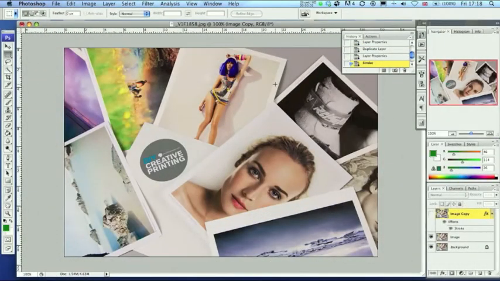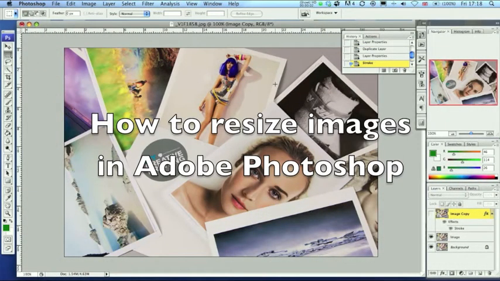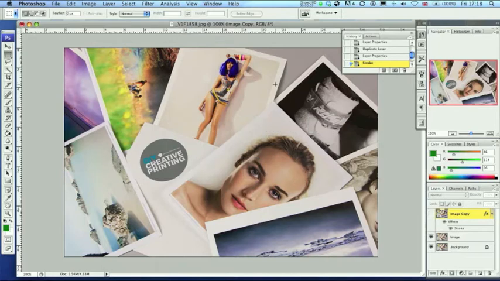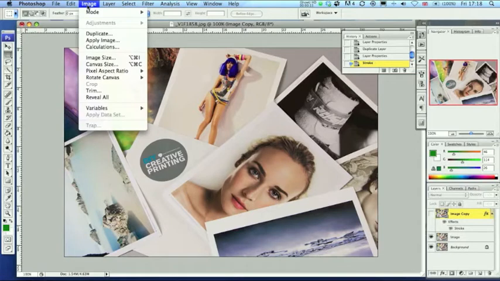Have you ever been wondering how to resize images in Photoshop? It is a simple process which I will briefly explain. Open an image that you would like to resize and navigate to the top menu, select Image and click on